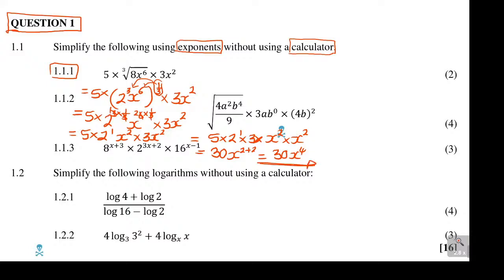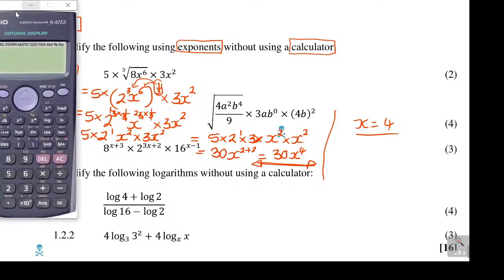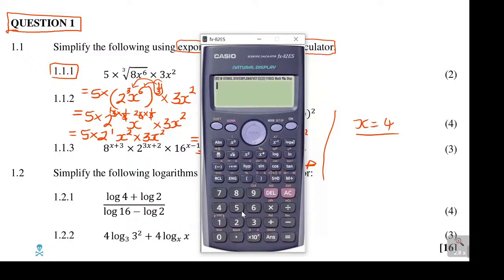Now how do you quickly check your answer? You just choose any value, say let x be equal to 4. So what you simply do, that is always very important for me. I keep on checking my answers whenever I'm working because I just want to be sure that I got it right. The original, say 5 times cube root of, and then it's 8. I can put a bracket. Remember my x, I said let my x be equal to 4, so I put a 4 to the power 6 there,